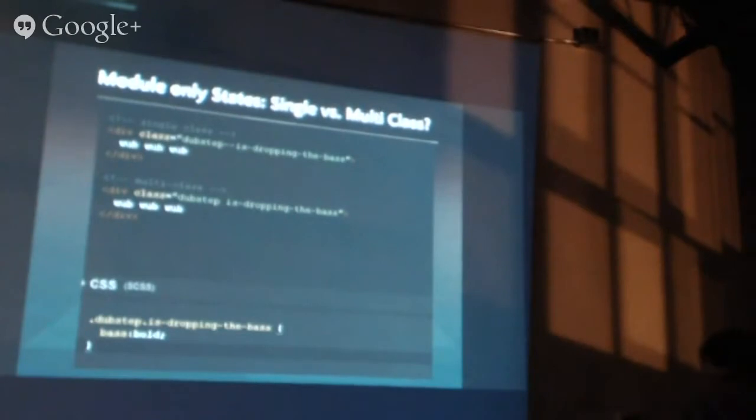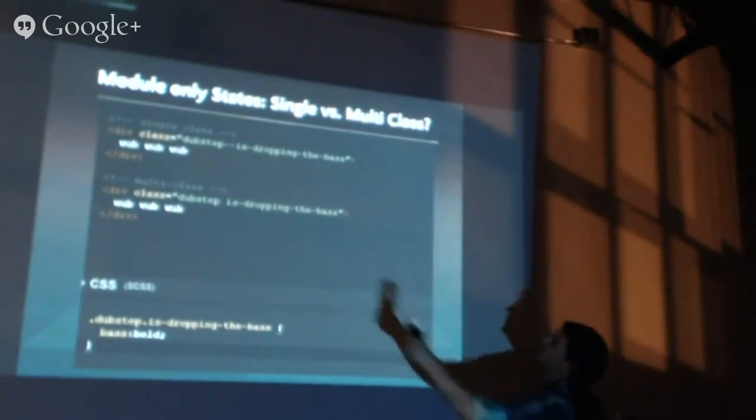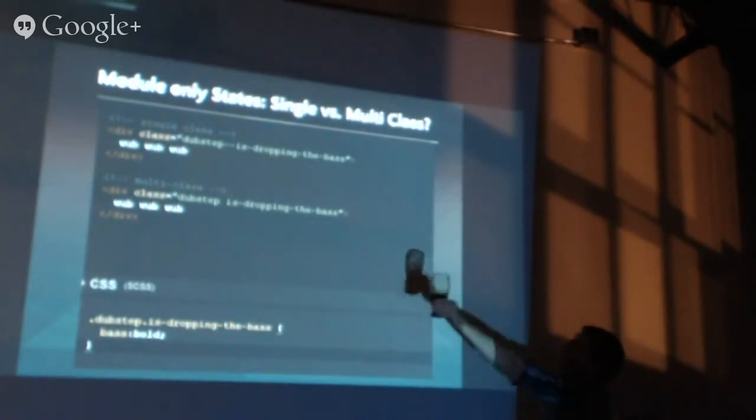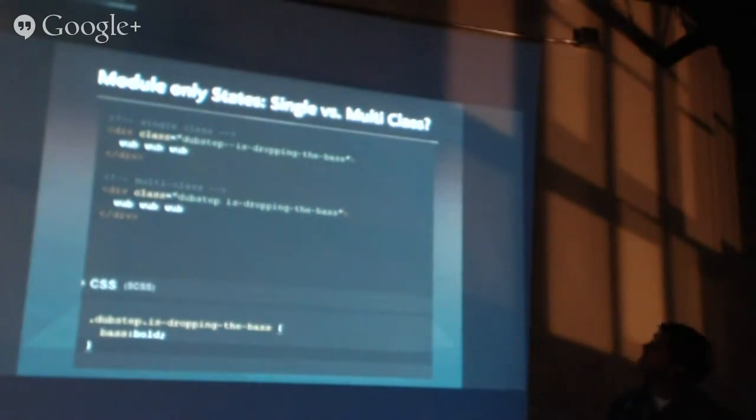So you might be able to see it. It's blue. It's blue-green. It is. So this is